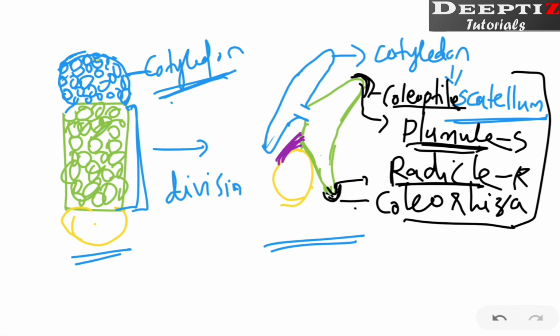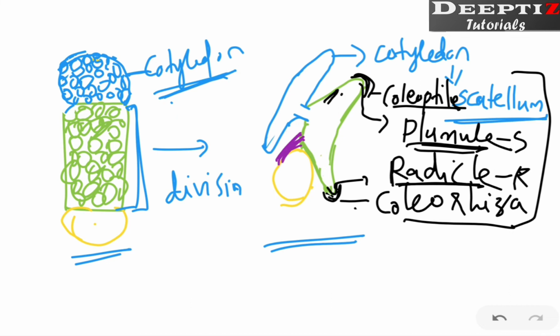Or in another way you can say that the plumule in case of monocot we call as coleoptile, but actually it is a sheet or a covering which comes over the plumule. What is plumule? Which is going to become the shoot in future. Now what will be there below plumule?